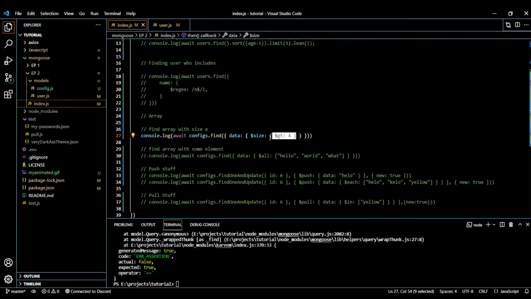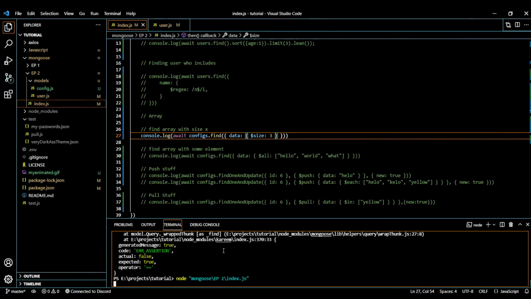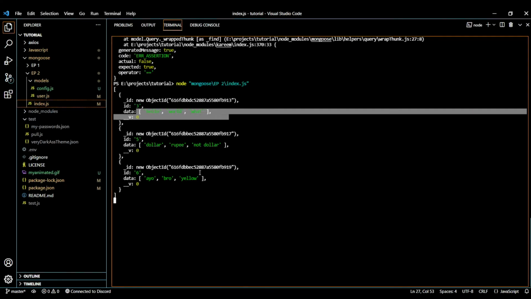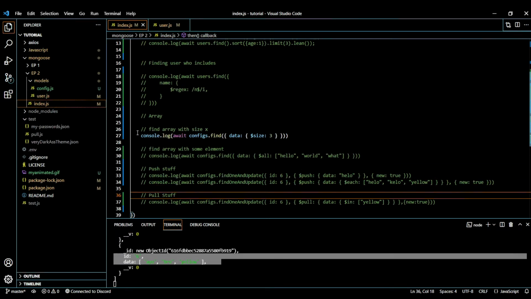Most probably it should work. Let's see. Alright, it does not work. Well, you can just use this $size function to get any document which has an array of this length. For example, for 3, it will return us some documents. Okay, it returned some documents with size or length 3.